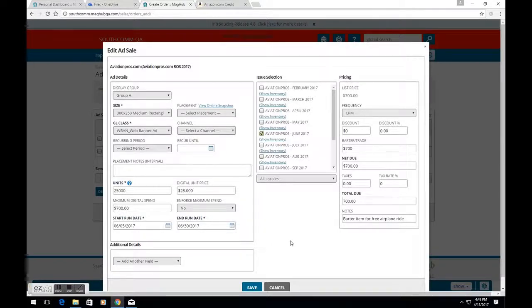This is for a digital item, but this is applicable to any print, digital, or newsletter type of barter trade item. You put in all of your information just like you normally would over here on the left hand side for that item. You'd select your issue selection, and then over here on the pricing, which is the very important part of this piece here, is that underneath the list price, which is at $700, I have my frequency,